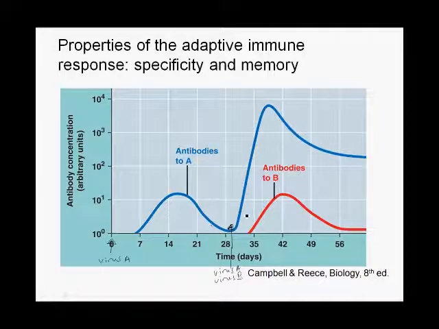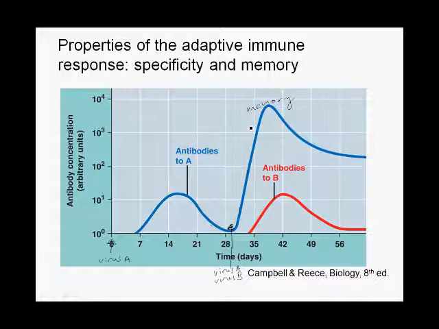What we see is that with almost no perceptible lag or delay this time, there is a very strong response to virus A. Right? This is an antibody directed against virus A. So this is the manifestation of immune memory. The body remembers that it has seen virus A before and is able to mount a very rapid, very strong